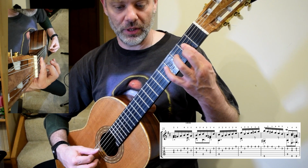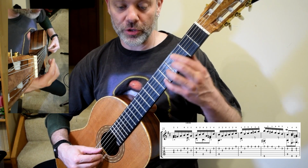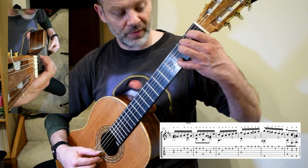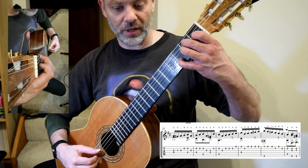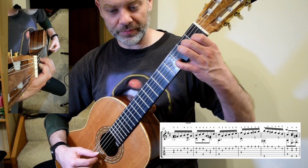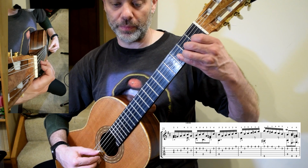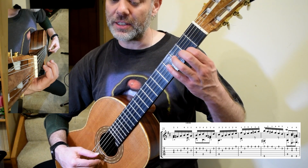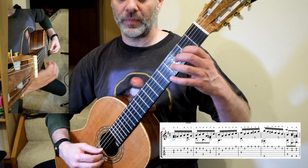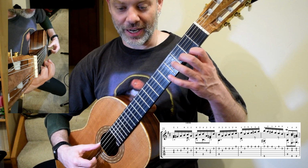1, 1 for the E, A and C, open strings, 3, 4 with the 2 on the B, 3 moves up to the A, 1st finger prepped again for the E and G sharp, 4th finger on a D, 3, 2, open. I suggest switching into 2nd position, 1, 2, cutting that bass off,